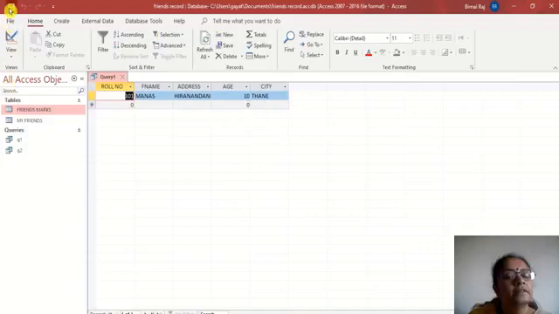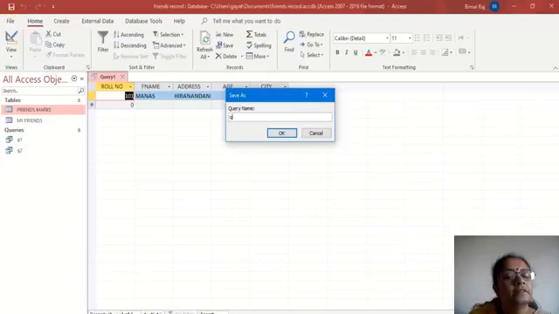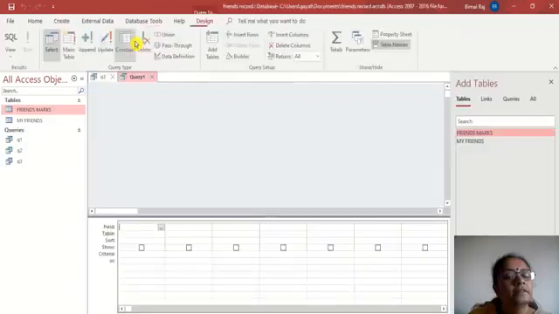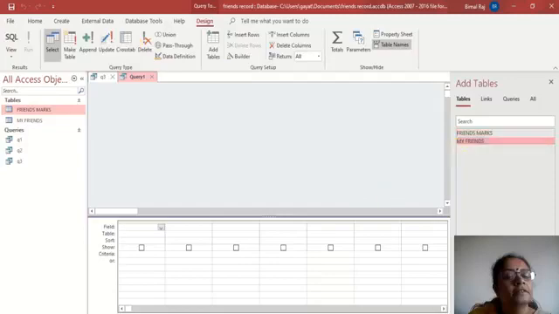Again, if I want, I can save this, give any name to it. I am giving Q3, the third one. The next one is I want all the details of roll number 108. So here again I can simply go from here because already this thing is open. I can click on create design, query design, my friends table, and this time I'm dragging. The second method I'm showing you, the drag method.